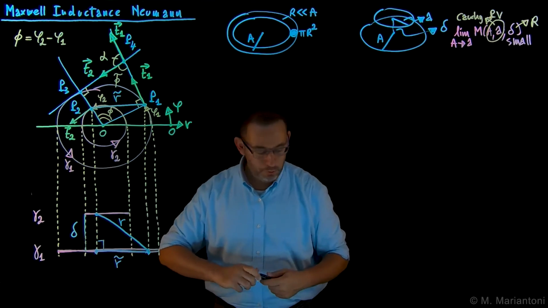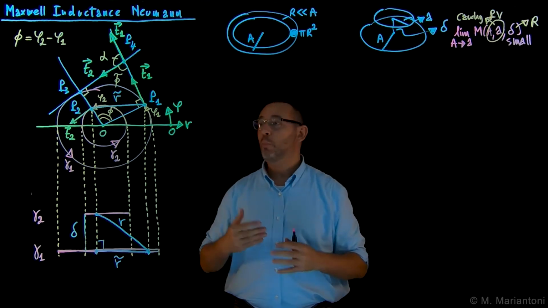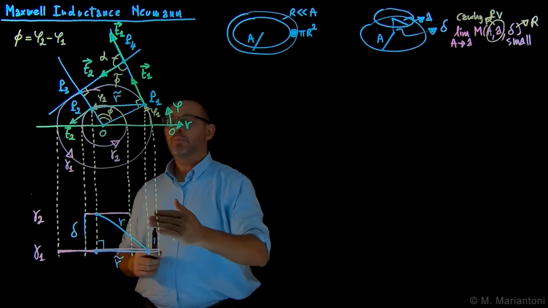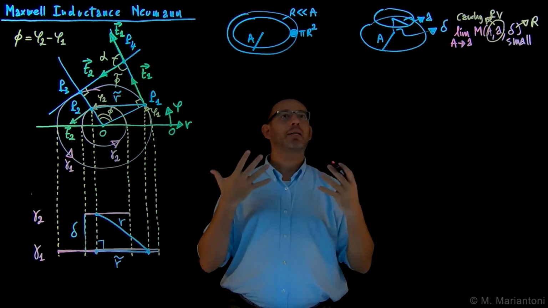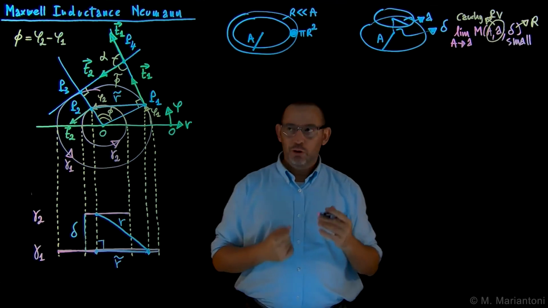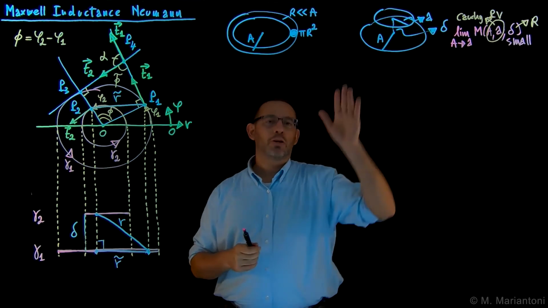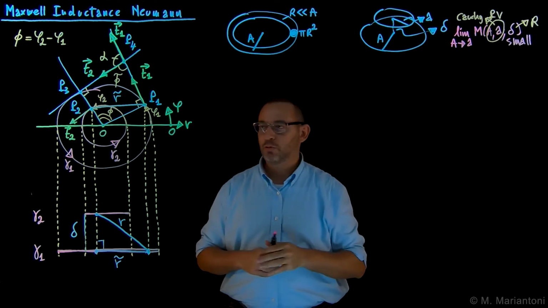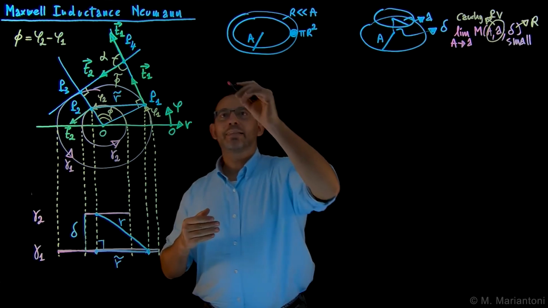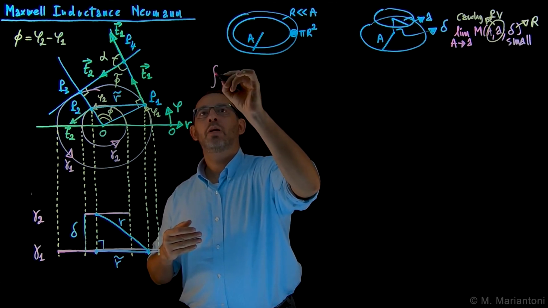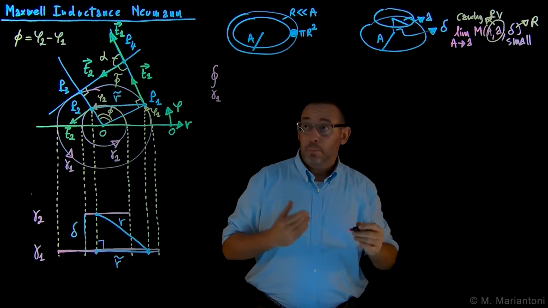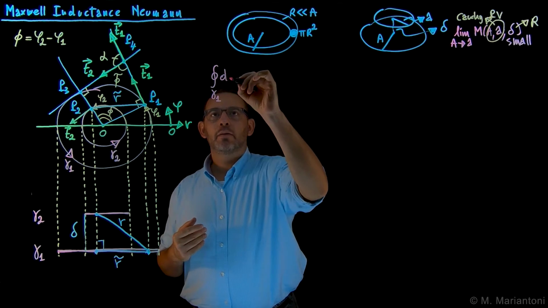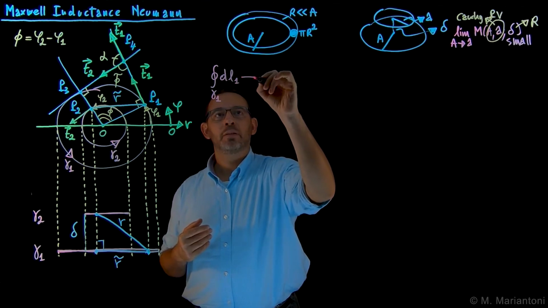So the next thing we are going to do, we want to map this problem into finding the mutual inductance between this loop and this loop. And so what do we use? We use a Neumann type of integral. So in order to find the Neumann integral, remember that there is mu naught over 4 pi, that's a constant, see from previous video. The line integral, the circulation along gamma 1,